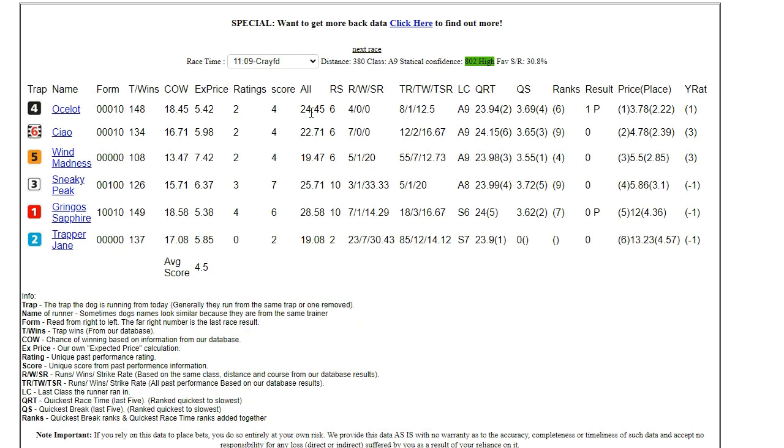So this one, we've got 19.47, we've got 22.71, and we've got 24.5. So again, the favourite is the highest, and that won the race. So if we were Dutching those two, we would have won on the favourite. But the lowest of the three, 19.47, I don't really like to go much over 6 on these, and I tend to do it to liability as well. Okay, so if we go to the next race,